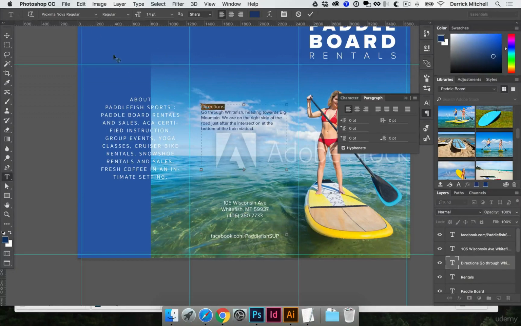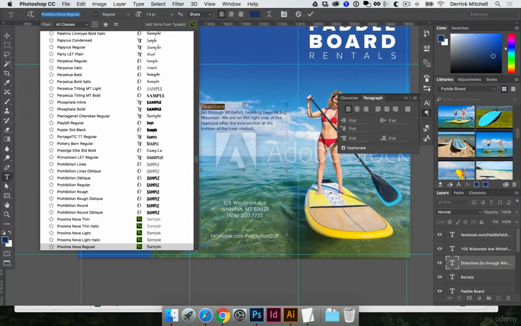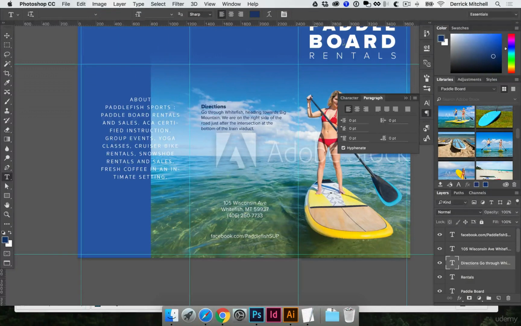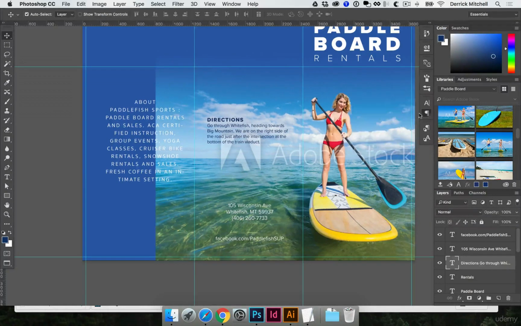And then our title, let's make this also be extra bold, just for branding consistency. Then I'm going to double click, hit Command Shift K to make those all caps, and Command Alt and the right arrow key to track it out a little bit. And that's getting better. Again, I could spend all day here, so I'm just going to get it close. Now the next thing I want to do is